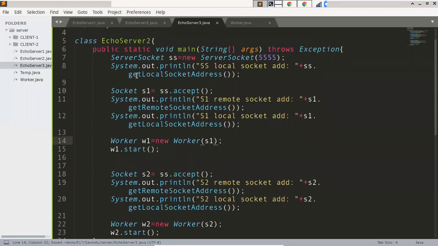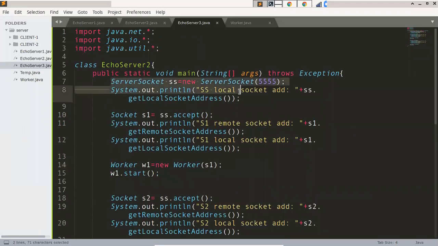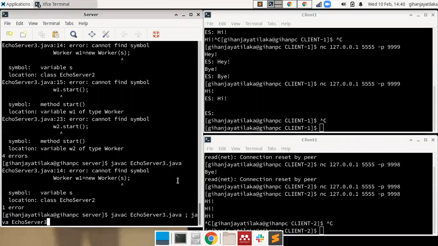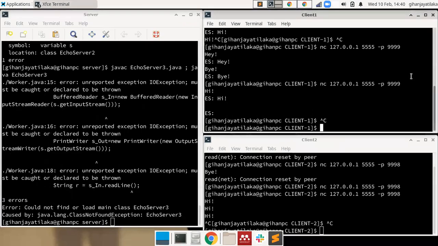So what this code basically does is, it is going to create the server socket and accept S1 and then give it away to worker W1 to handle. Then I'm going to go for S2 and accept the connection. Then I'm going to print this information. Then I'm going to just give it away to W2 to handle. That's all. So now if I run this code, I can,